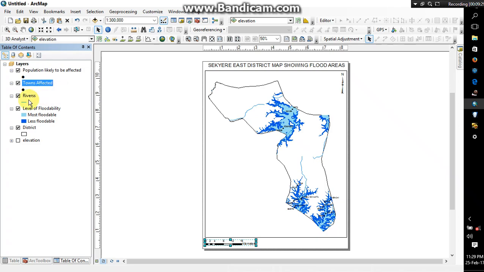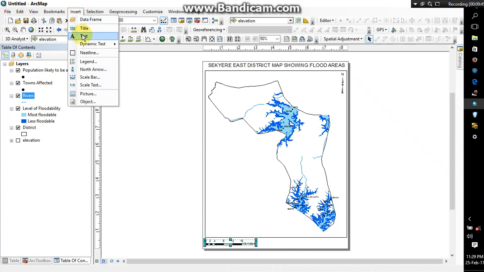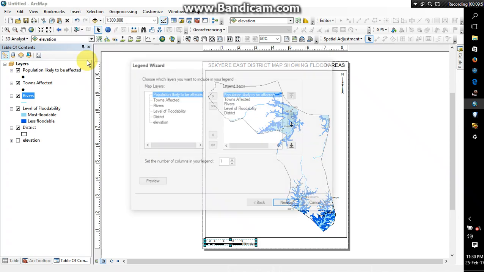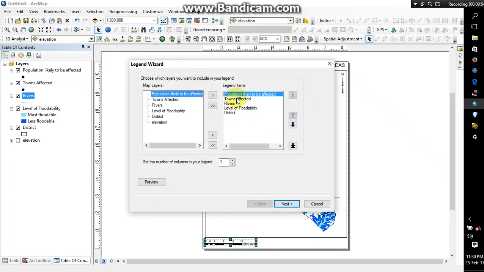Okay, and then I have my rivers here, and then level of floodability, and then the district. So we can now go to inserting our legend. Yeah, so you now click on legend. Alright, so you now have to